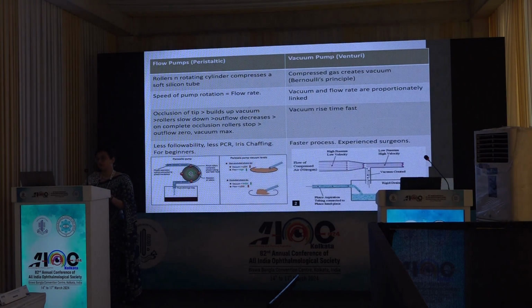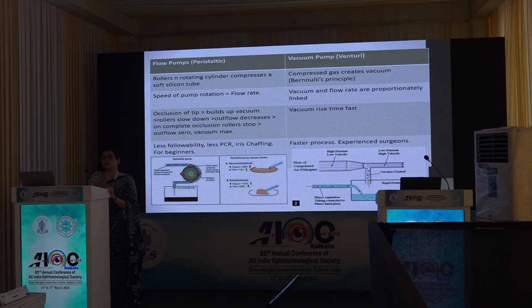There are two types of pumps. One is a flow pump, that is the peristaltic pump, which has rollers and cylinders. When the tip occludes, the vacuum builds up, the rollers slow down, outflow decreases, and on complete occlusion the outflow is zero but the vacuum is maximum. Here the followability of the emulsate is less, so there is less PCR and less iris chafing,